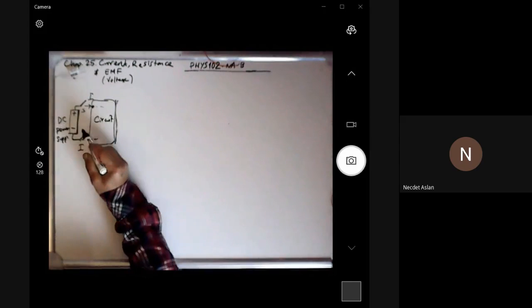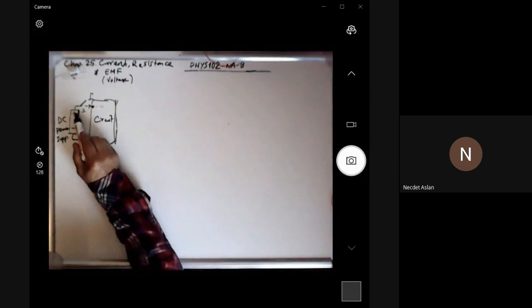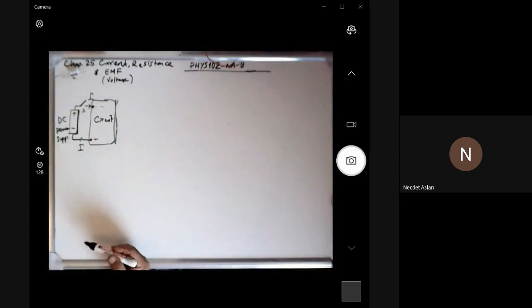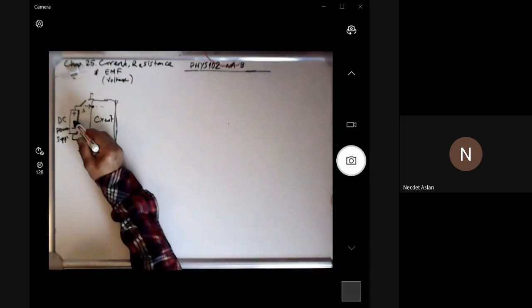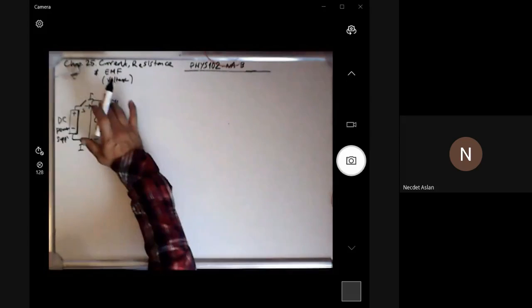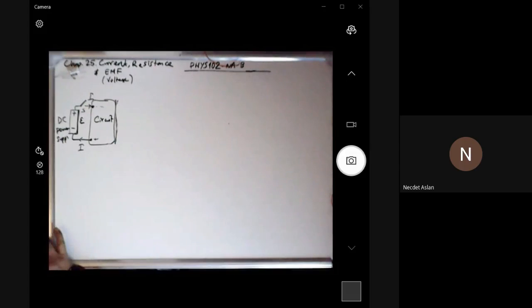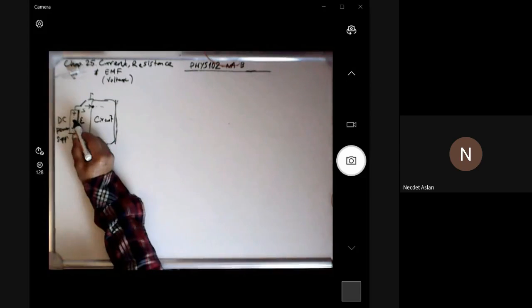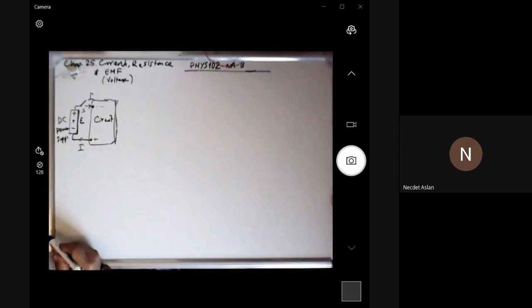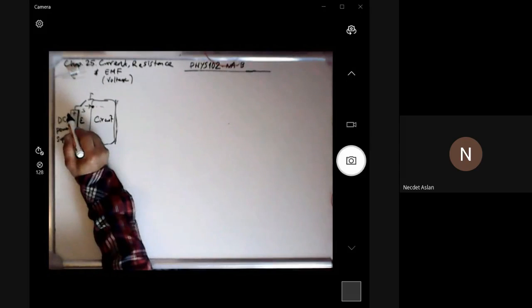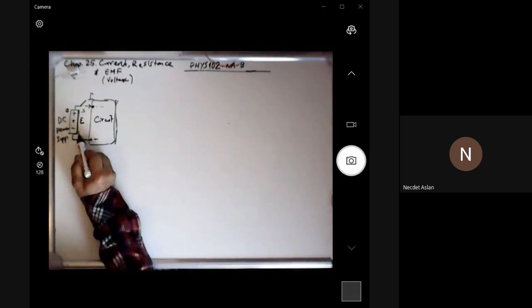Now what's happening? It's like the water pump, right? So it just pumps all the current to this circuit, and it helps rotating. So this is the motor that moves the current. So it produces some kind of electromotive force, which is epsilon. Now, what happens is that because this has an internal resistance, if you look at this DC power supply and say that this is terminal A and this is terminal B,